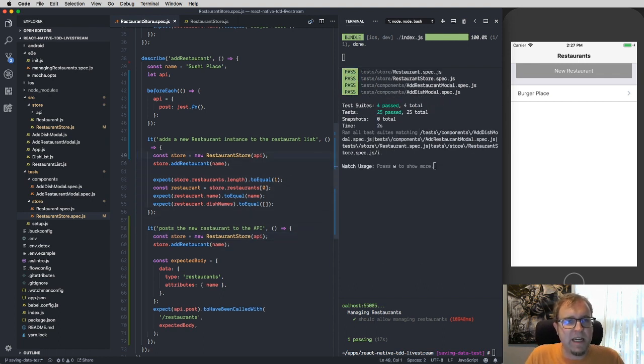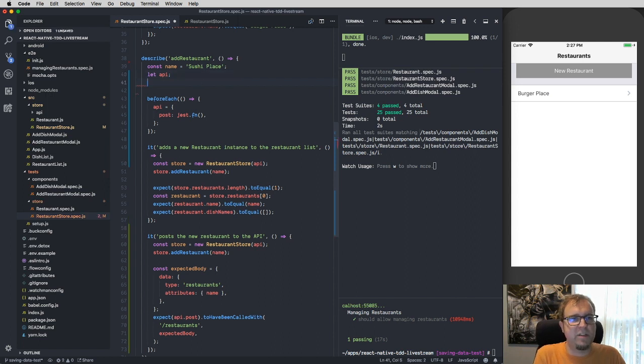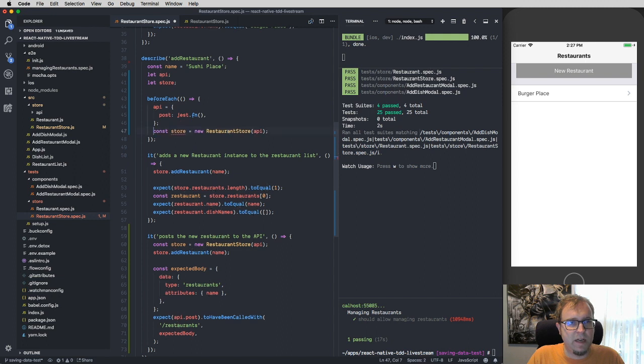And in our case here, setting up the store, we actually don't need to do any different setup in either of the cases. In fact, the error we got was that the setup needed to be the same. So we'll just create a store variable here. We're going to assign to it here, and we've got our API ready and available here to assign into it. And so then now, down here,